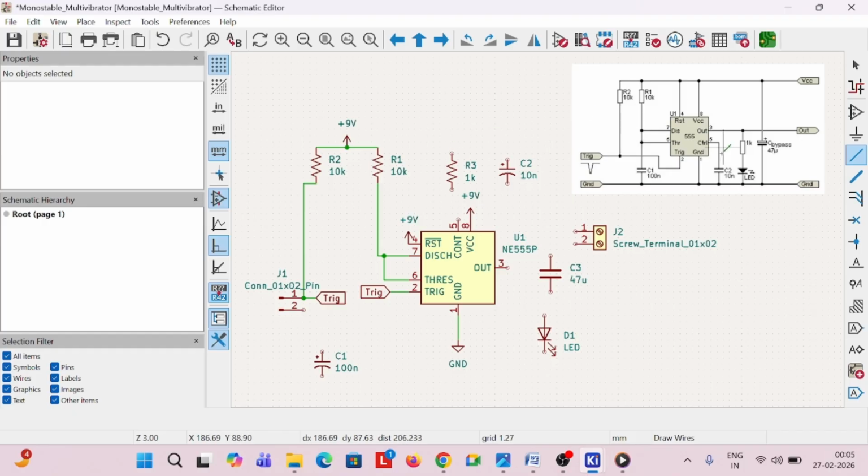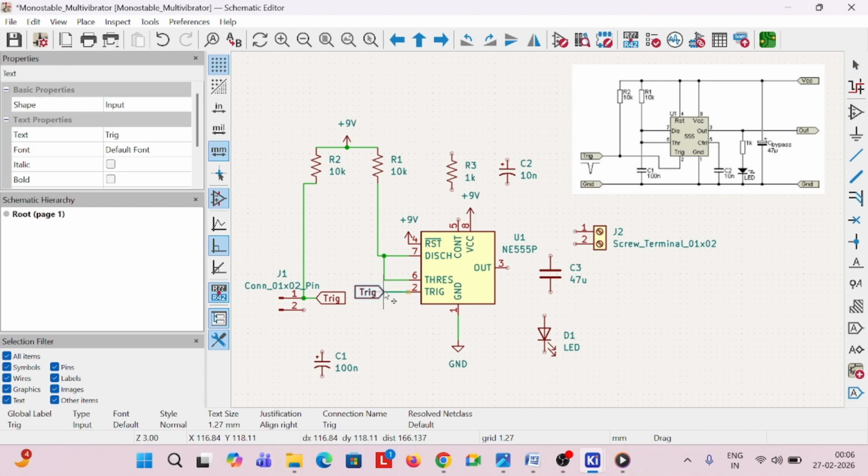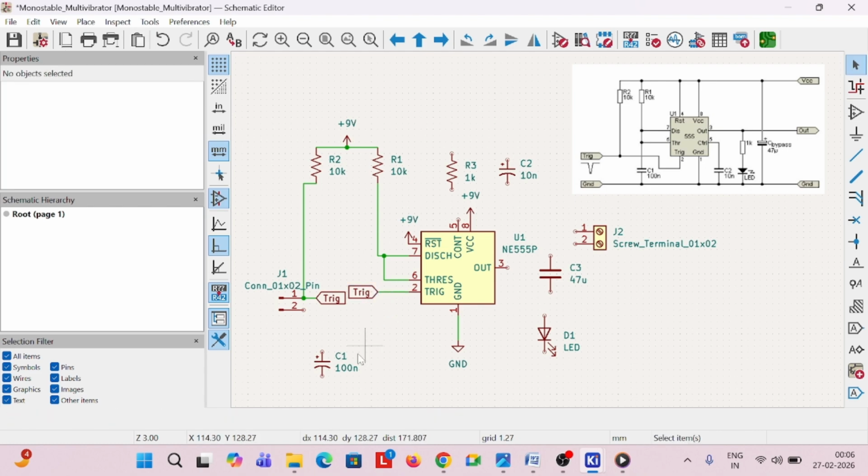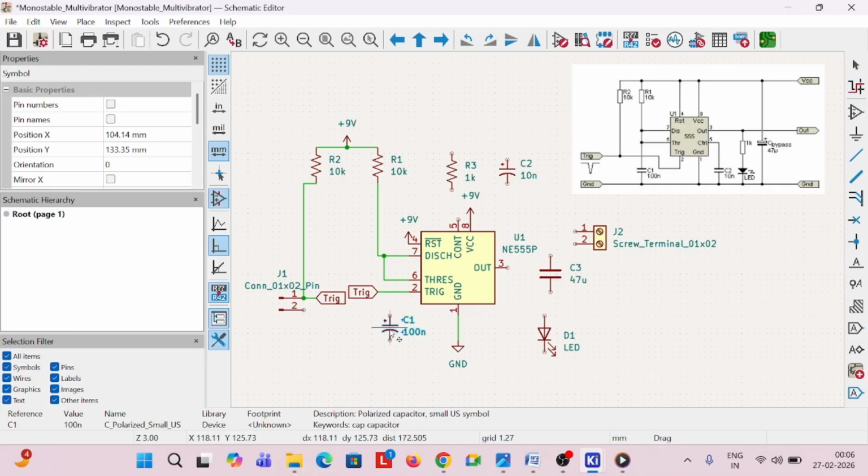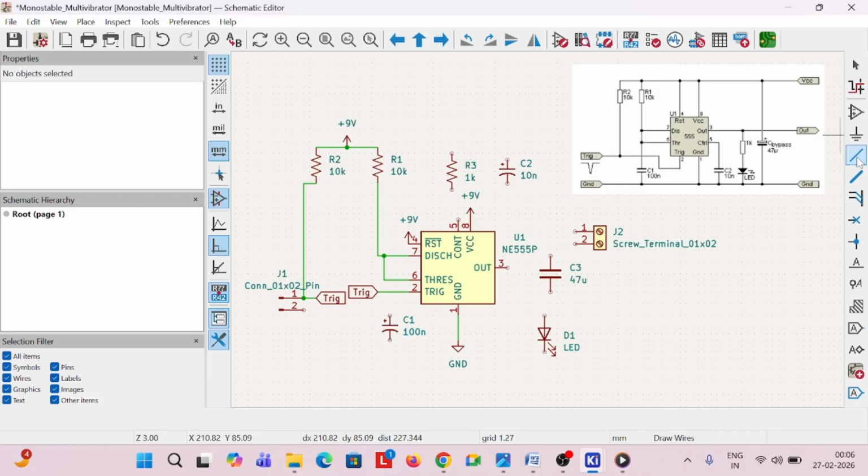Now we have C1 connected to this point. So let me drag this trigger slightly away from this point. Okay, now select this C1 to this point, and as shown in the figure, this point is then